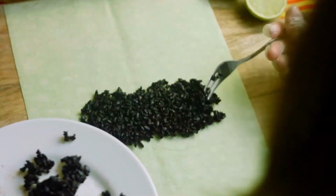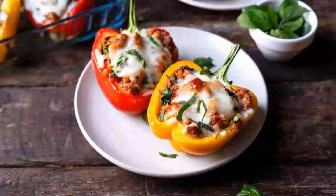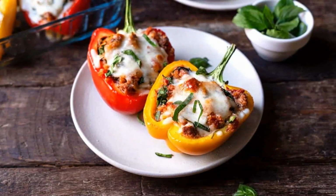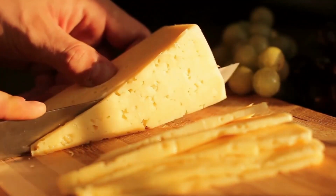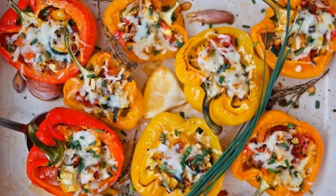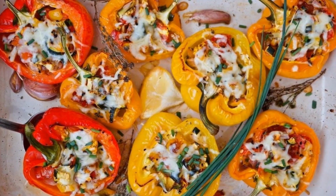Drain any excess grease. Stir in cooked rice and black beans. Fill each bell pepper half with the beef and rice mixture. Top with shredded cheese, such as cheddar or Monterey Jack. Place the stuffed peppers on a baking sheet and bake for about 20-25 minutes, or until the peppers are tender